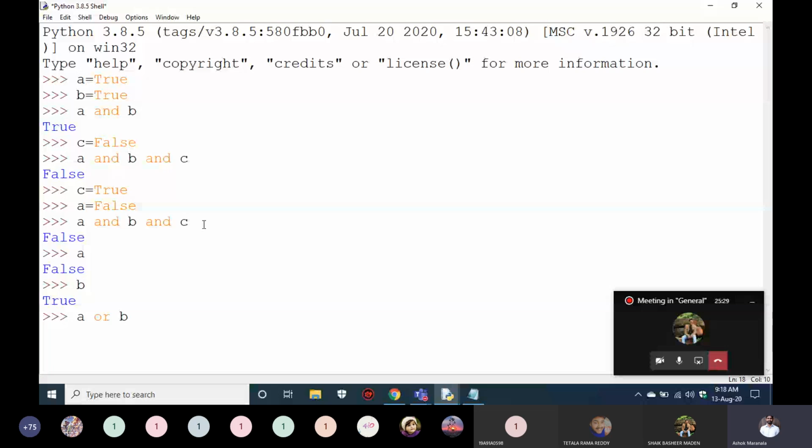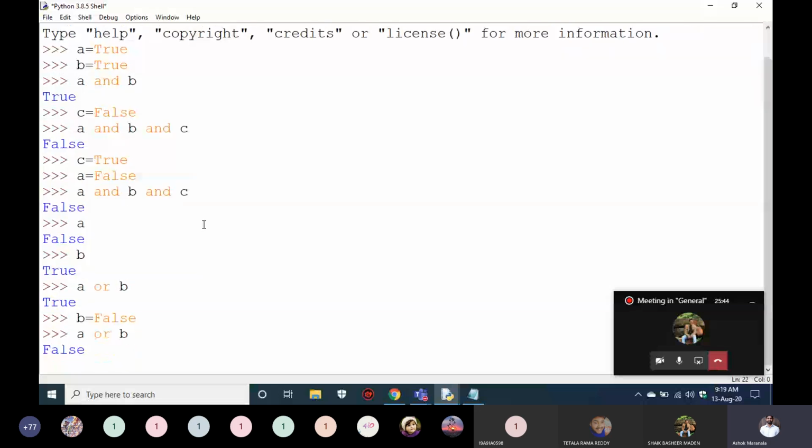If both the statements are False, okay, a or b, it searched all the statements, however many statements there are. It doesn't find any True, so finally it will give False. If all the statements are False, it will give False. If any one of them is True, it is True, even though I'll take c as True, sorry,